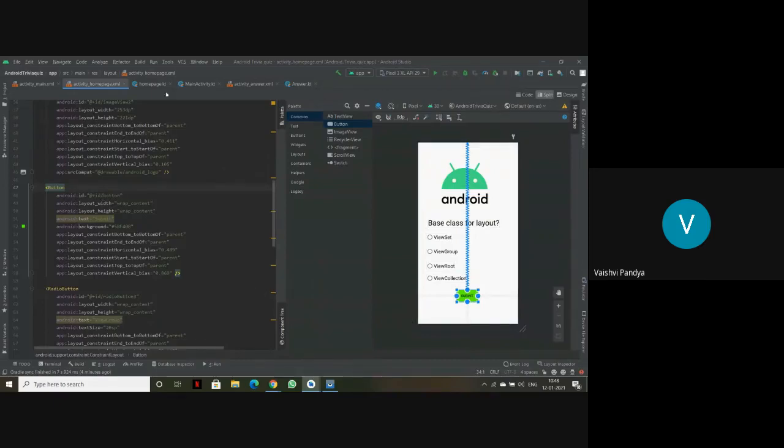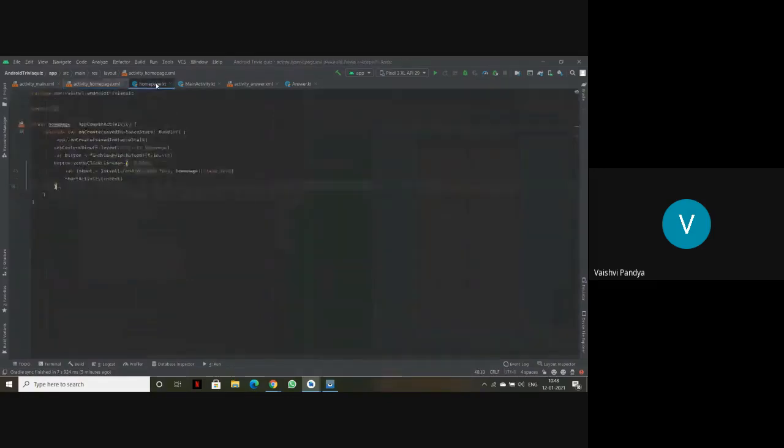We'll just change it to submit only, because it is much easier for us to remember also. So here I have changed the button ID to submit. Now we can go to the homepage KT, and as you can see here it is BTN. We'll just change it to submit because we have just changed our ID.